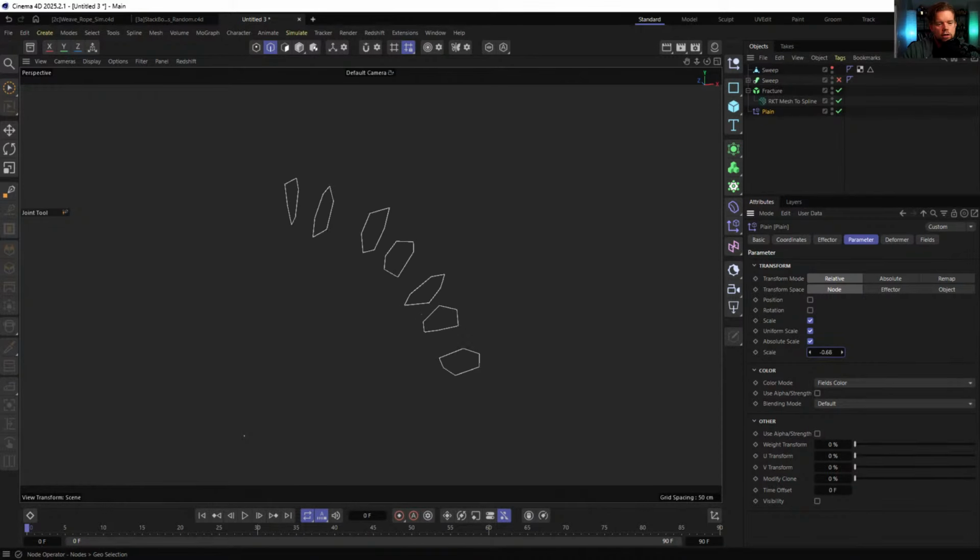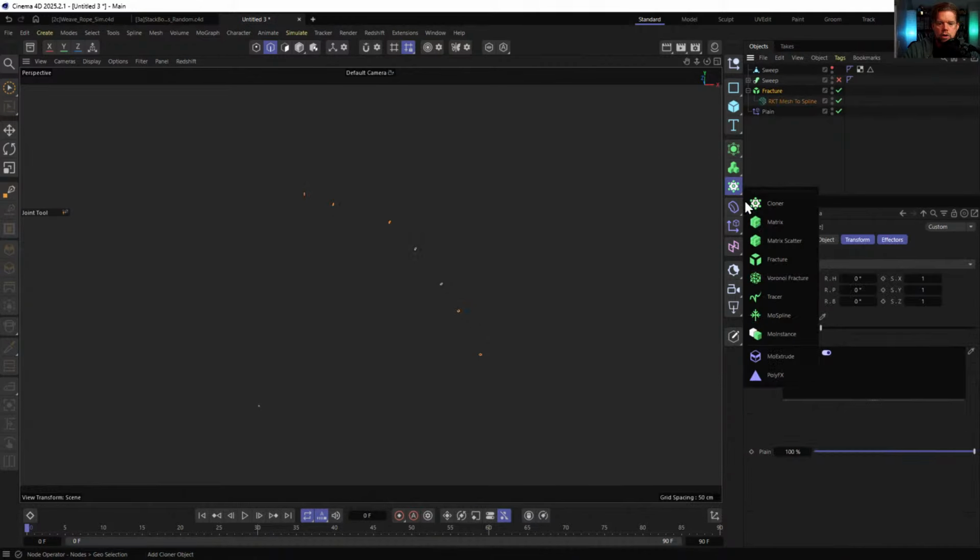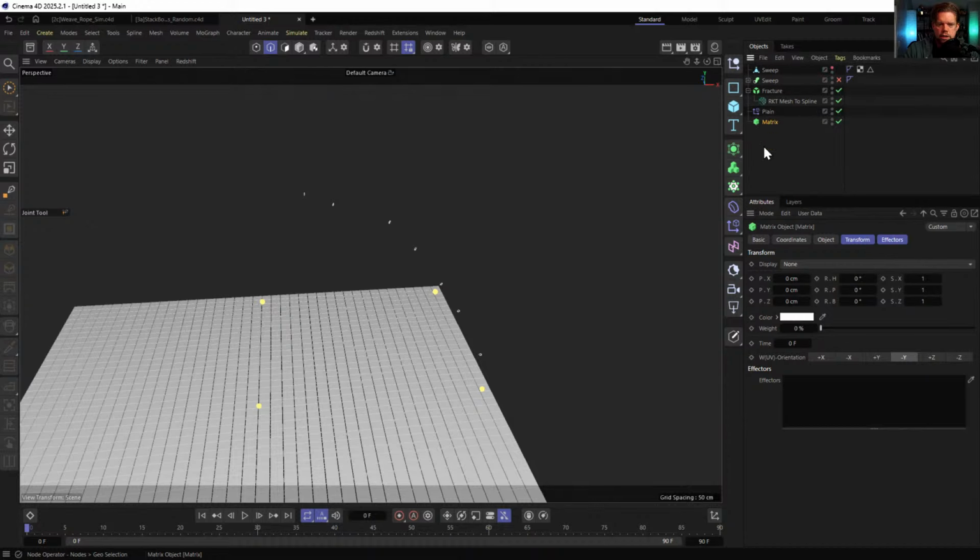So you can see that I selected these rings and now I'm scaling those down and we can go really tiny. And then we need to, how do we interconnect those? I mean, they are separate objects. So I don't think a tracer can do it, but maybe if we make it a matrix object, this would be kind of weird, but